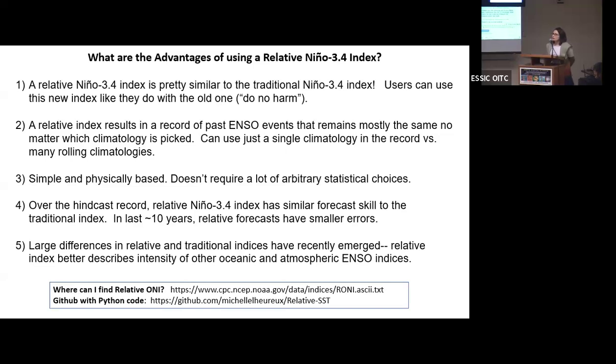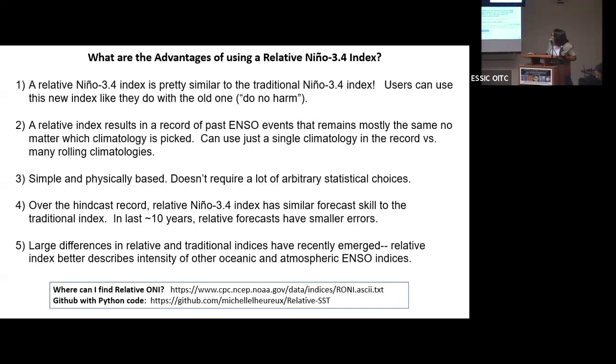When we sat down and looked at this for the Journal of Climate paper, there is some analysis that focuses on the teleconnections. But one thing I came away with in that analysis is that the relative index is better in certain seasons and certain regions when you look at correlation across the globe, but not all seasons and not all locations. Part of that, I think, is because these two time series are super correlated, so you're seeing these little jumps. I want to go back and look at this, because I think we're starting to see these offsets in the era, and that might become more of a problem for assessments of teleconnections.